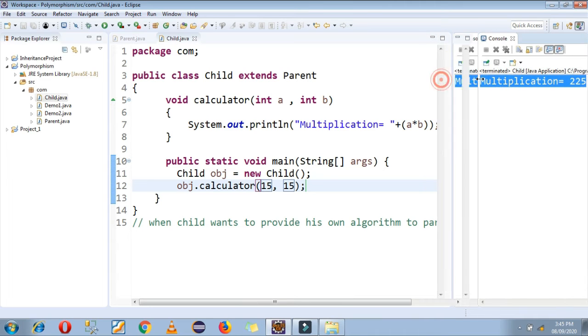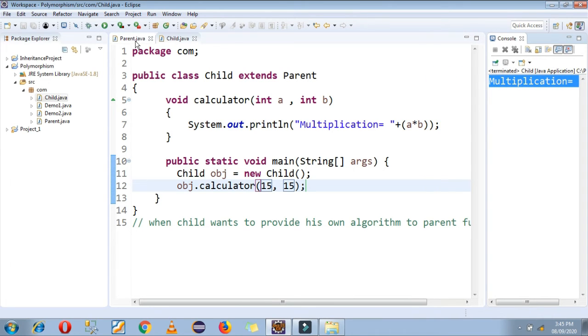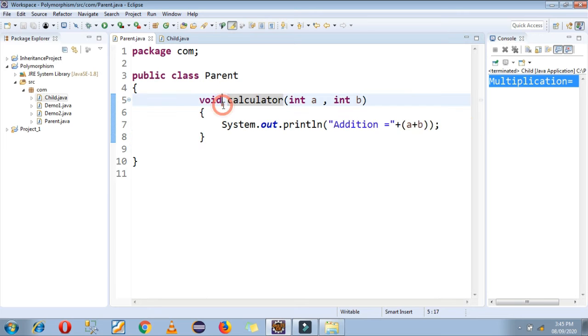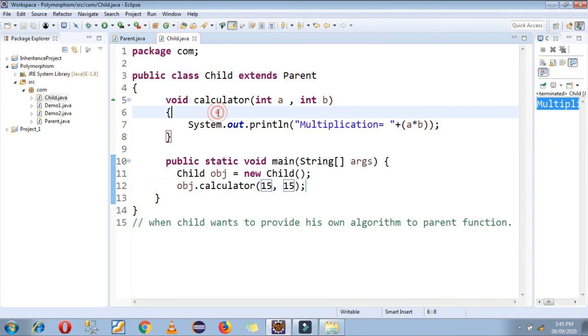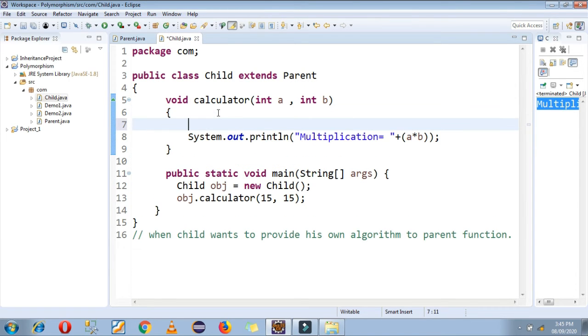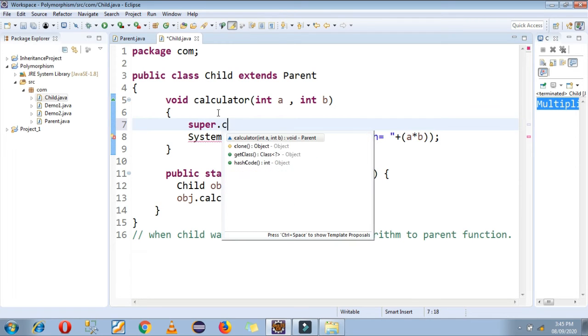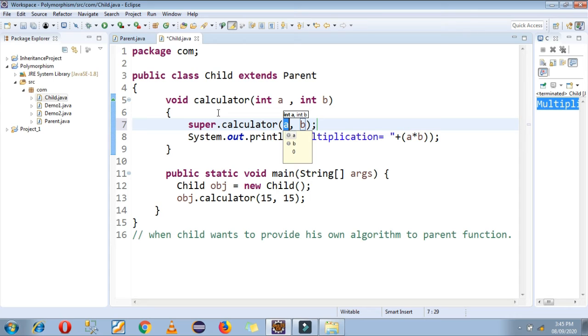What about addition? The addition method belongs to the parent class, and you have to call this parent class function in the child function. How to call it? You know that using the super keyword you can call a parent class function in a child class, like this.